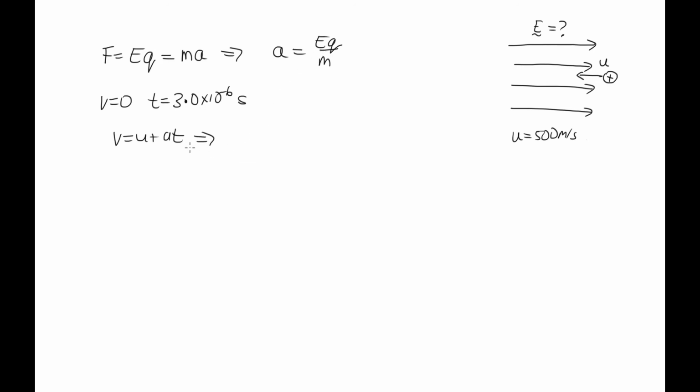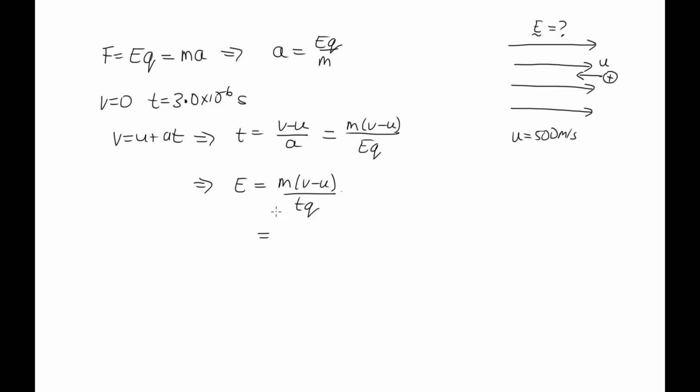So let's rearrange this, and we can write t is equal to v minus u on a, and we've got a, so let's substitute that in. So we've got m(v minus u) divided by EQ, just replacing the a with this expression here. So we can now rearrange this because the question has asked us to find E, and we know what t is. So we can write this as E is equal to m(v minus u) over tQ, and then we can